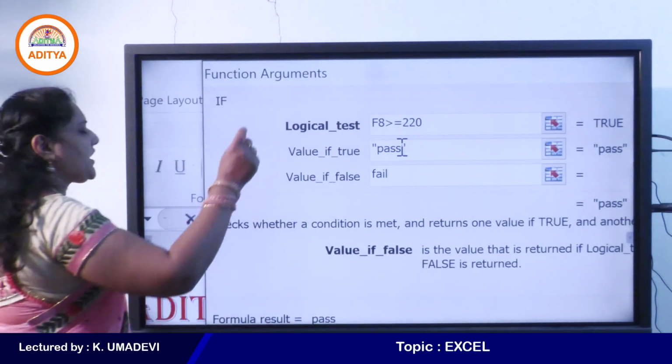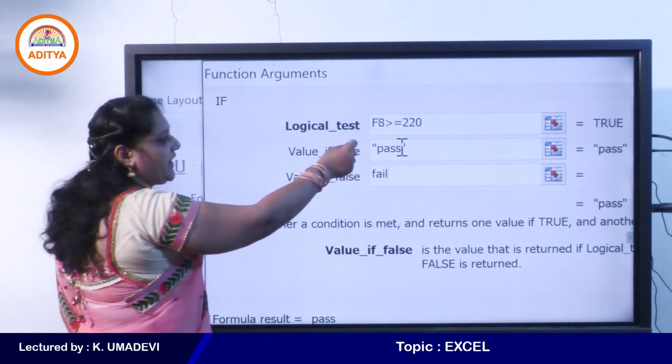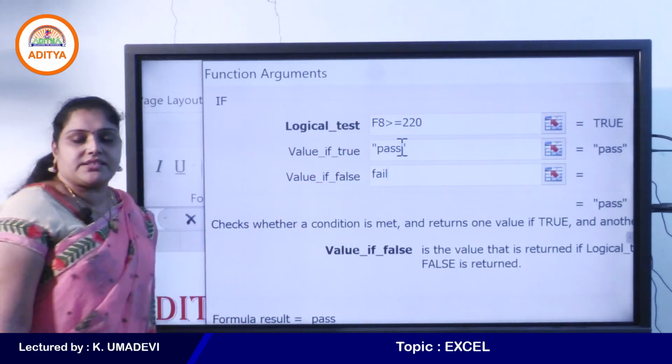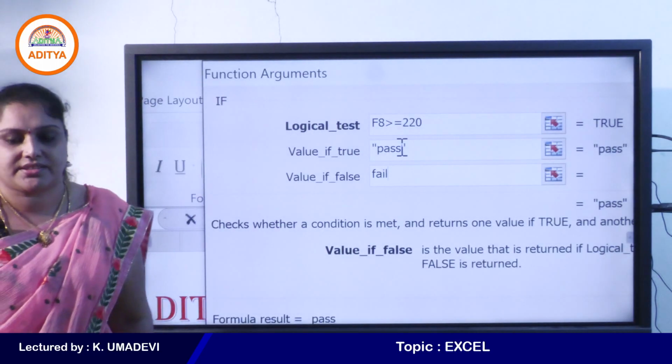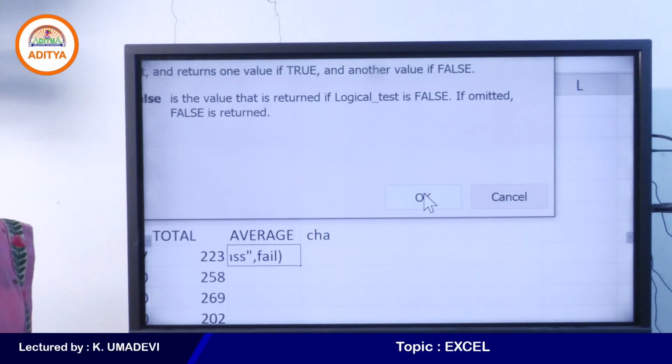So that means if the condition is true, it returns the first value, that is here I have written pass. Okay, if the condition is false, then it returns the second value, that is value if false. So if has 3 arguments.